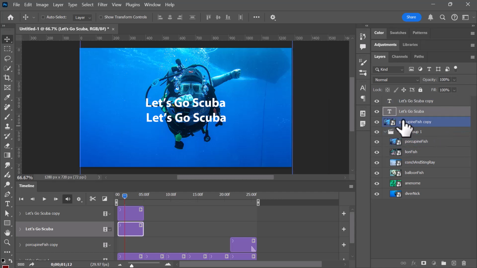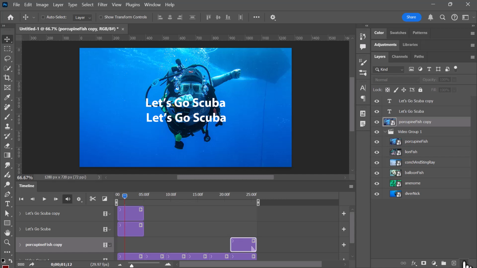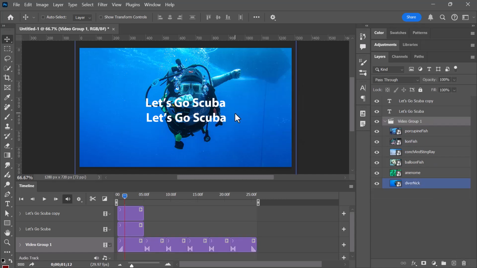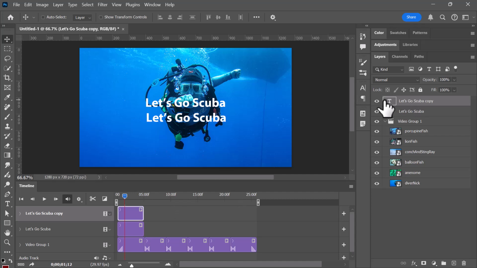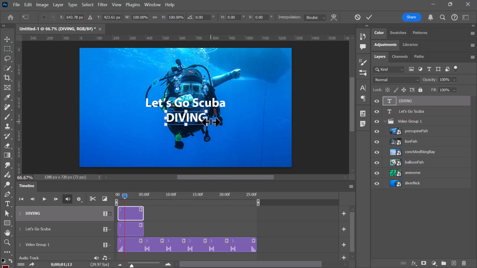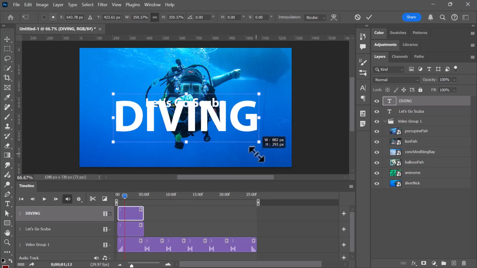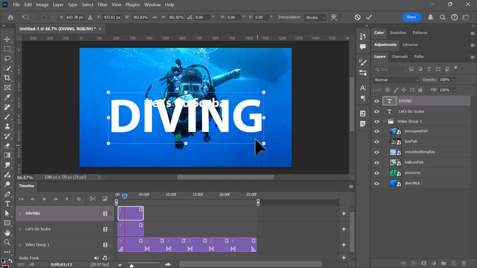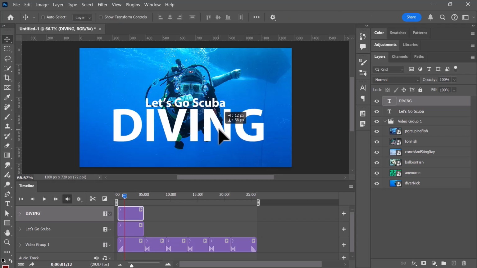And for some reason I duplicated the porcupine fish. I didn't mean to do that. I'll delete that particular layer, didn't want that, but I do want this other one, and I'm going to have that say diving. I want that quite a bit larger, so I'm going to hit Control T just to get my transformation, and I'm going to scale that up quite a bit so that it's a bigger version. Then we'll move it down under the word